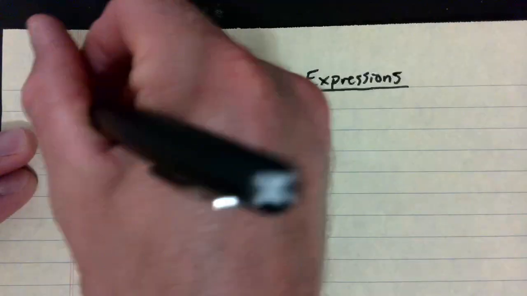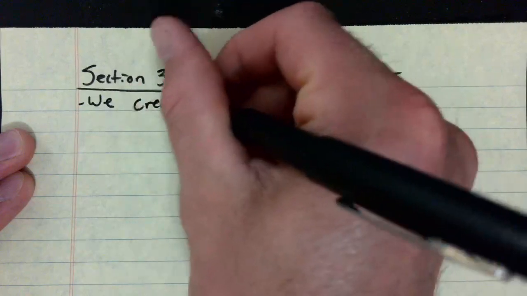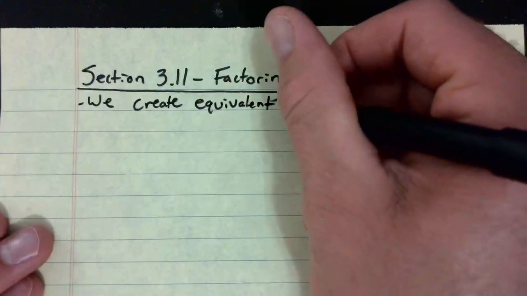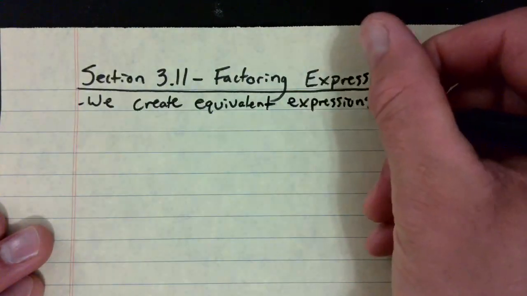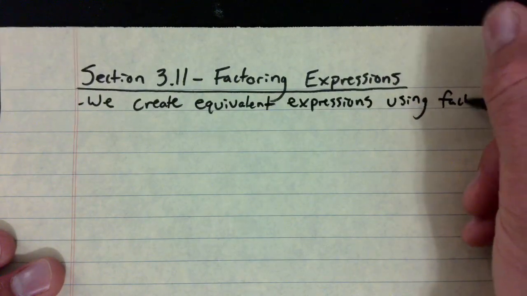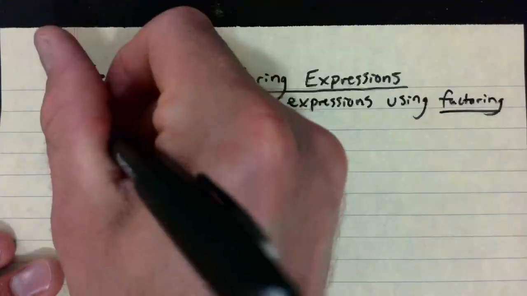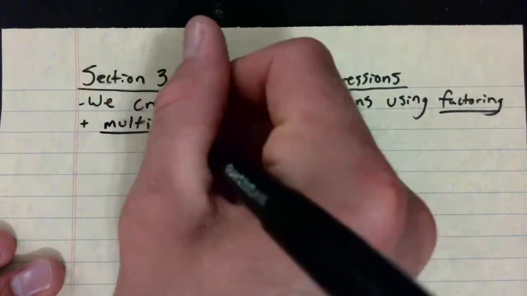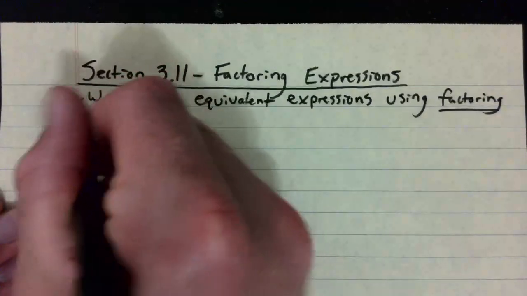So we know that we create equivalent expressions. We create equivalent expressions using factoring and multiples. Okay, so your GCF and LCM, they come in handy here. For example,